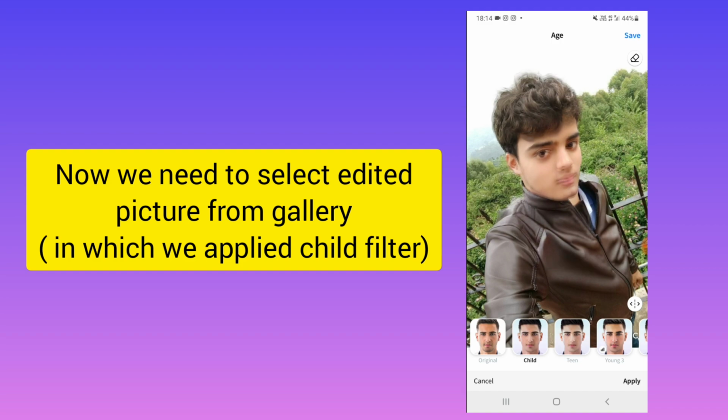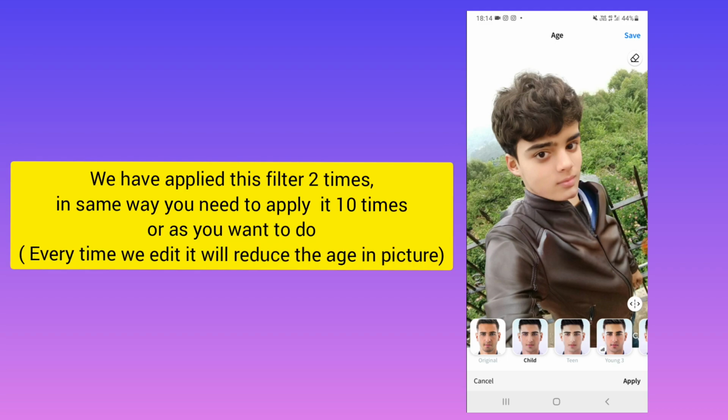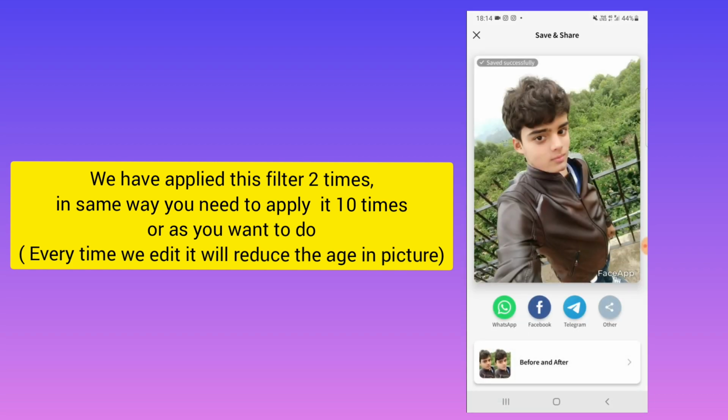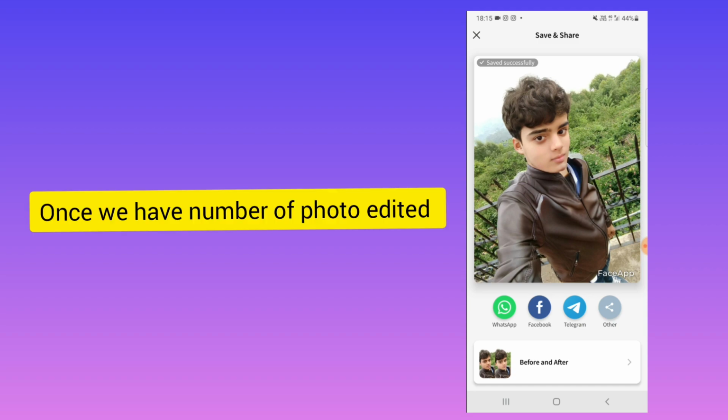And here you can see, again, for the picture that we have edited, we have added this effect, apply, now save. So in this way you need to do it 10 times. So if you want to add 10 photos, you need to do it 10 times. Keep doing, it will reduce your age. Okay, so once you have a number of 5, 7 or 10 photos, whatever you want to use,